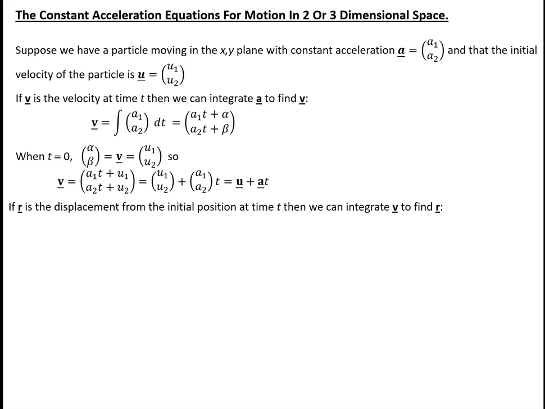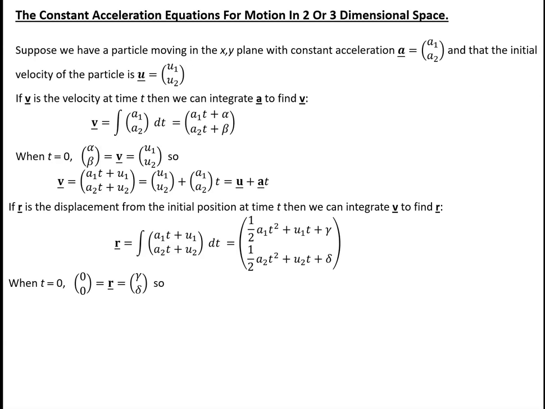So we can say that the displacement r is the integral of v, so that's the integral of the vector (a1t plus u1, a2t plus u2), and a1t plus u1 simply integrates to a half a1 times t squared plus u1 times t plus a constant which we're going to call gamma at this stage. And similarly, the integral of a2t plus u2 is a half a2t squared plus u2 times t plus another constant